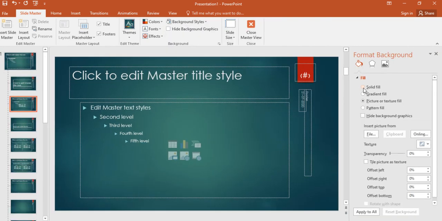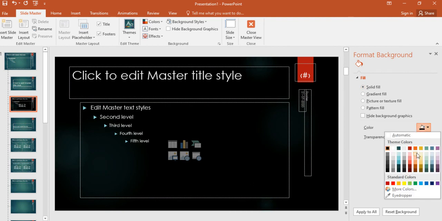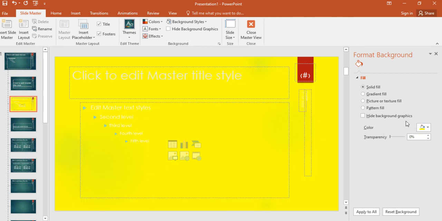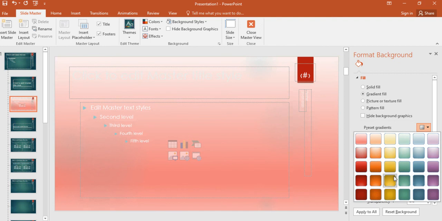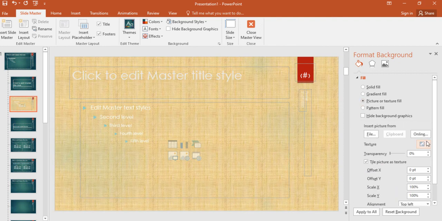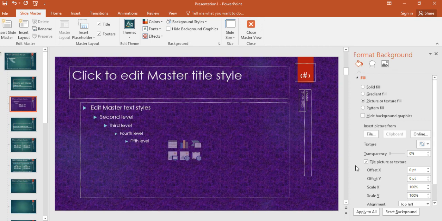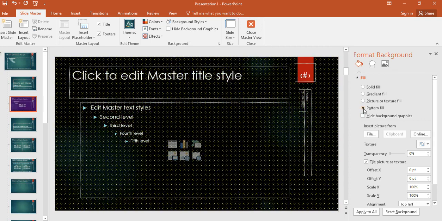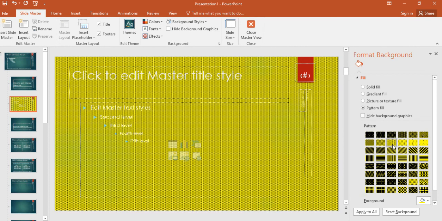If you want texture fill, you can select different types of texture for your slide. And next is pattern fill. From here you can select any pattern for your slide.